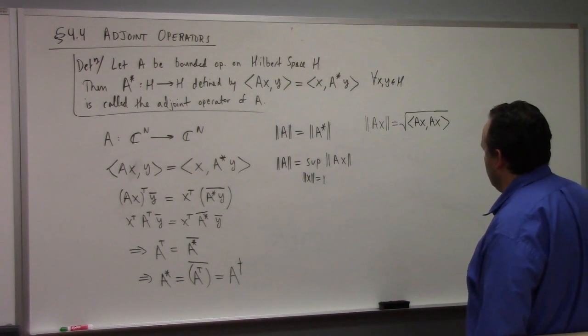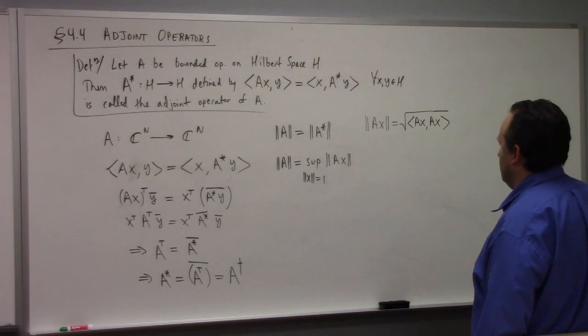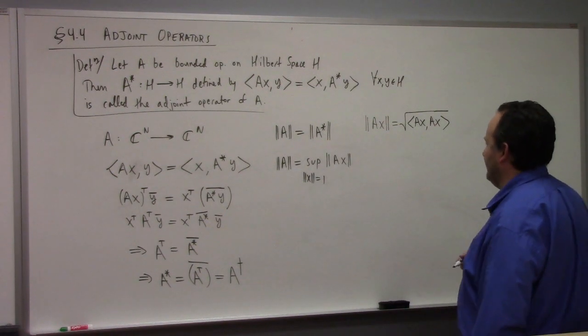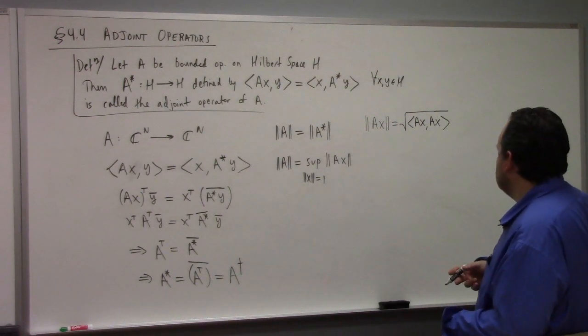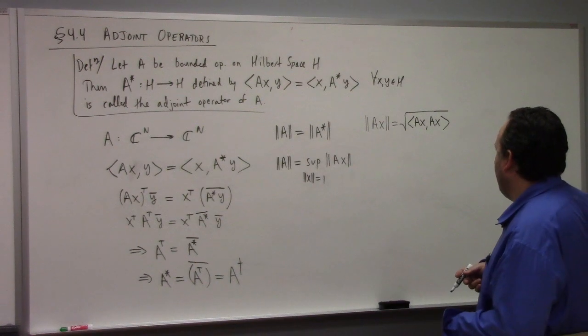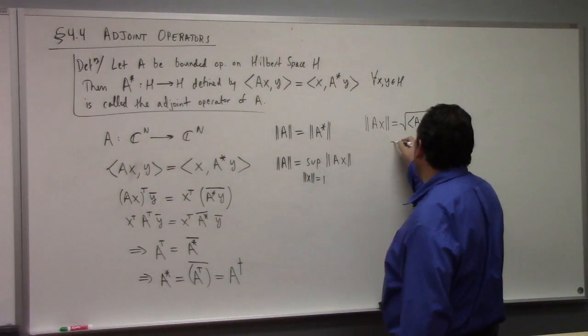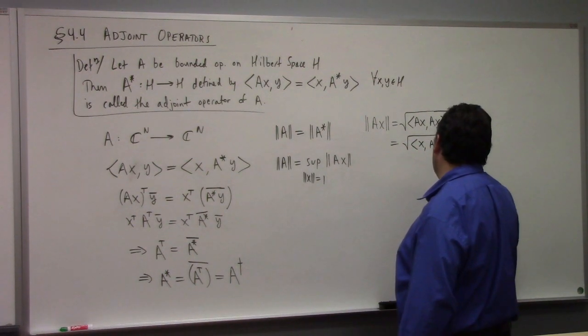Can't we automatically calculate versus A star? I mean, I could do this. This is the square root of the inner product of x with A star Ax. I mean, that's true, but